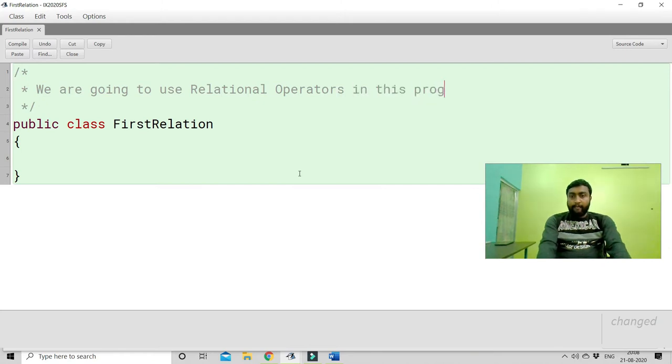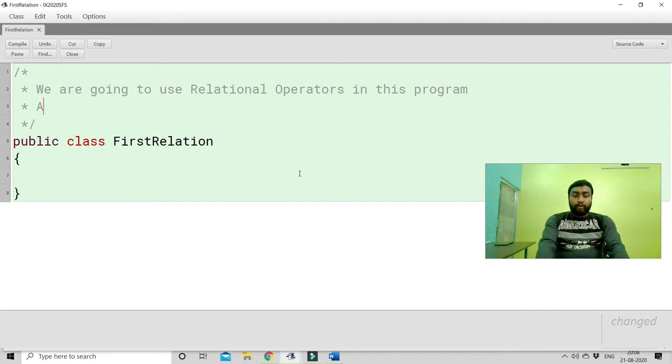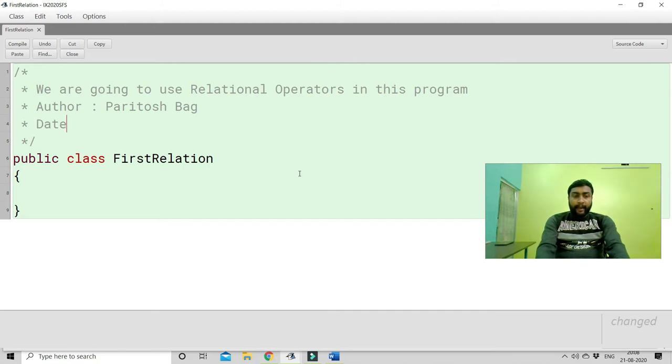in this program. Okay, so who is the author of this program? You must write your name and don't forget to give the date or the version. Since you are not familiar with the versioning system, you can give the date. It is also an alternative method. Now let's start a class, public main function,